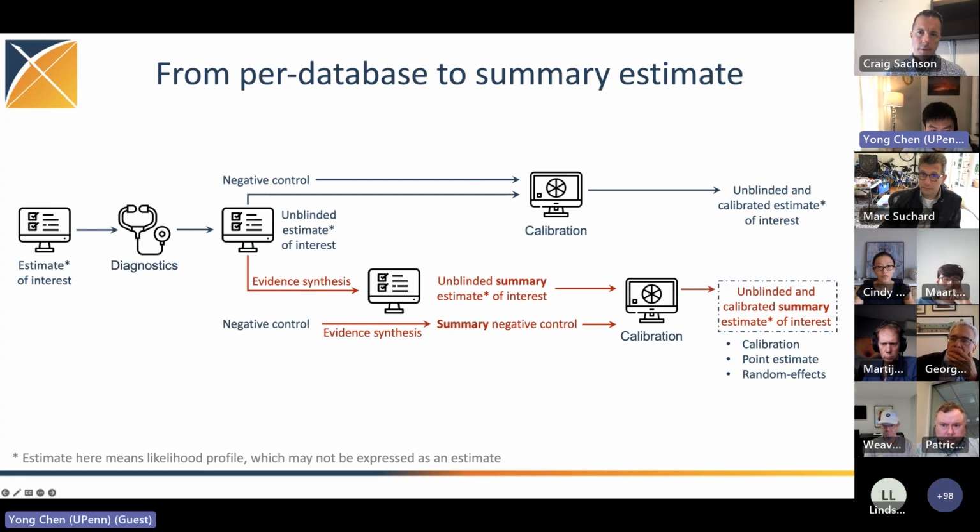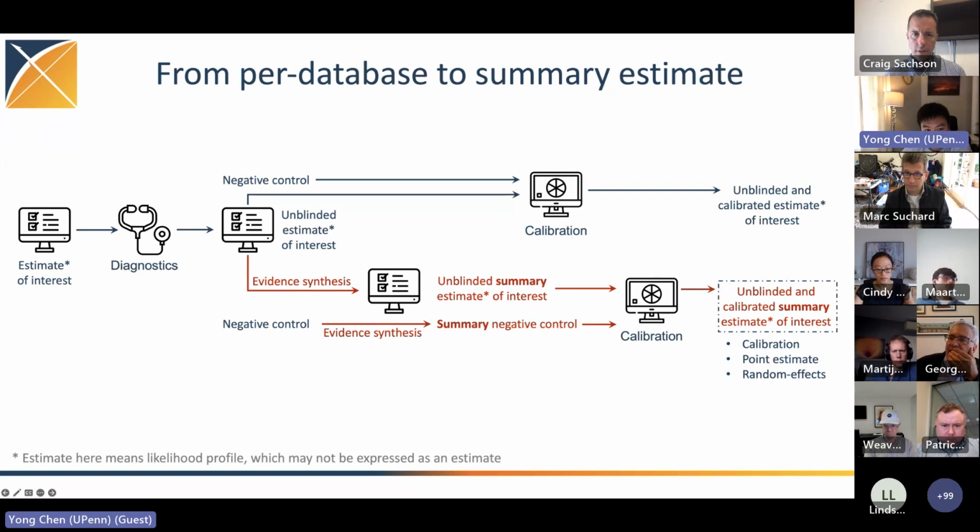Then for each of the negative controls, we use this evidence synthesis approach to summarize, and then we do the calibration at the summary level, on the summary estimate of interest. These two approaches at first sight seem similar, however there is a good reason that we recommend the second approach. The first reason is